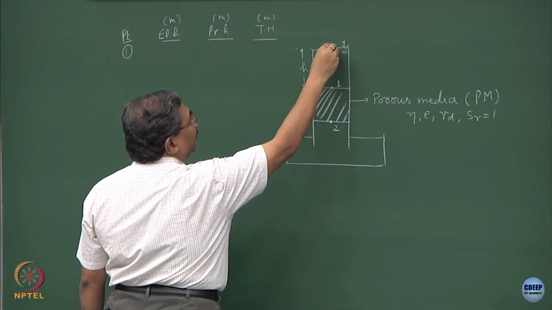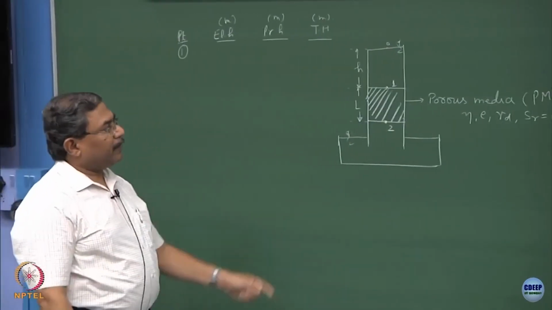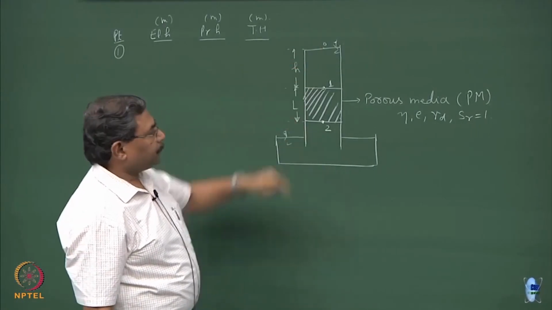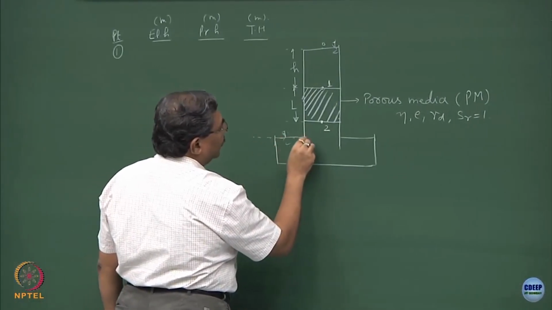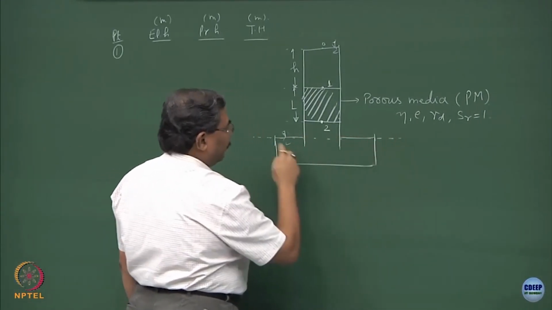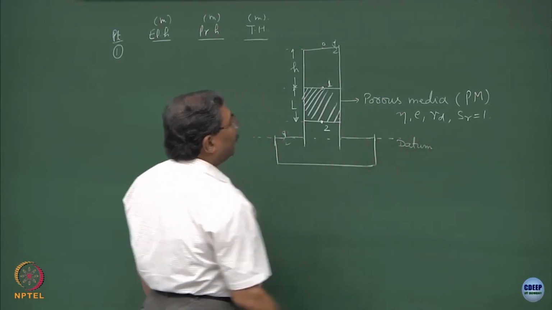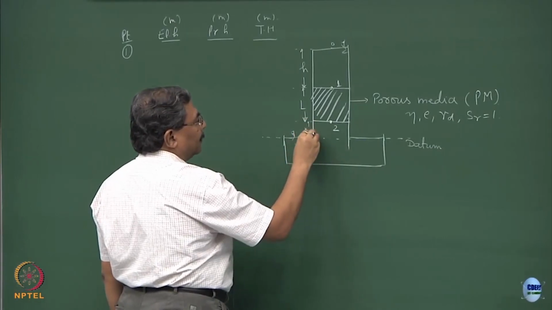We have already proven that between point 0 and 1 there is not going to be any flow because the total heads are the same. Point 1, if I assume the elevation to be matching with the free water table, and suppose I assume this as x,